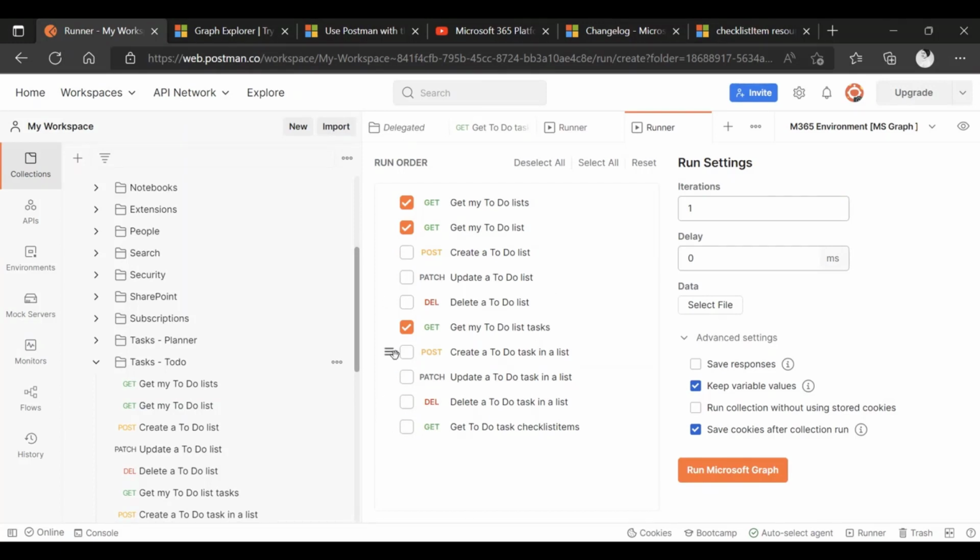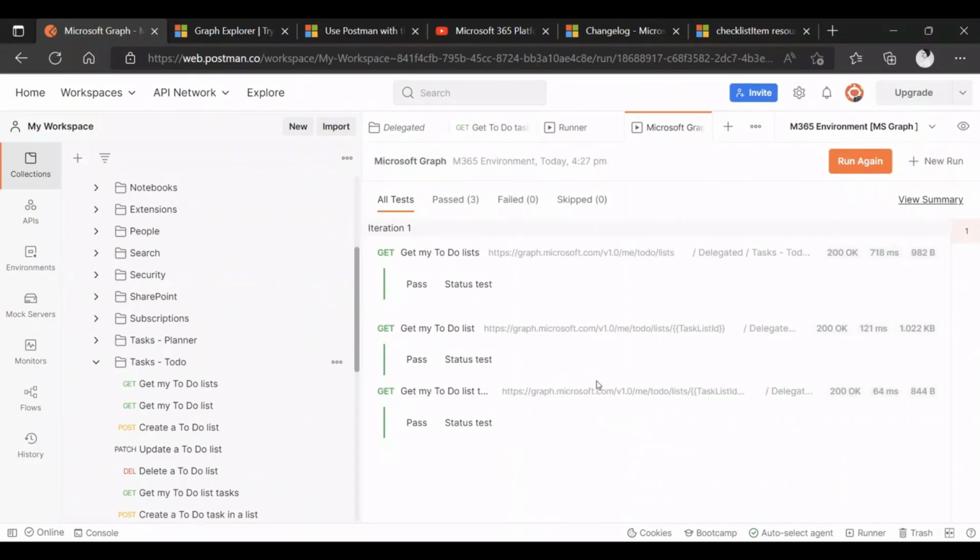And the other thing is, again, remember the runner runs them in a sequence, so you might want to change the order if that's something you want to do. And then if I say run, what will happen? It will run this, and it's showing me exactly the request that I did run. And then if I click on one of them, I can see some details, like what's in the header.